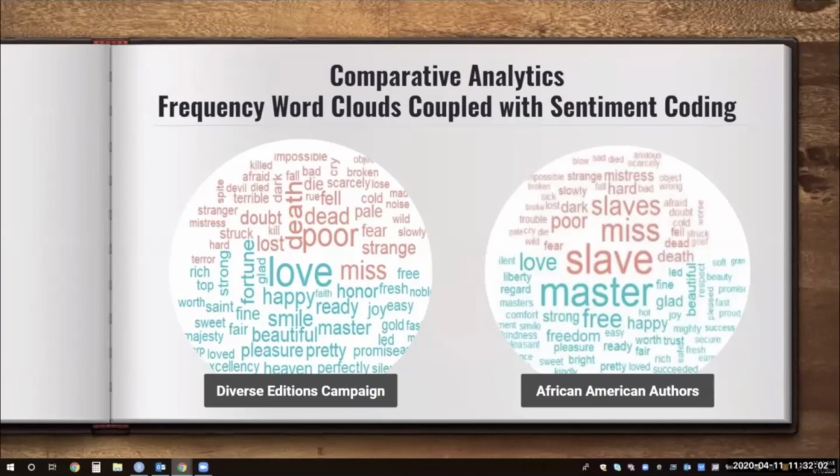When continuing to contrast the two sets, we also began to notice the type of power dynamic present in negative words. The Diverse Editions campaign, of which most texts were written by white authors, used negative words with aggressive connotations such as spite and variations on the word kill. When observing the sentiment of the texts by African American authors, there is more of a connotation of hopelessness and a lack of power, captured in words such as cry, anxious, loss, grief, sick, and worse. These findings validate the backlash on Twitter regarding the Diverse Editions campaign, as there are clear differences in sentiment and perspectives in the two text clusters.